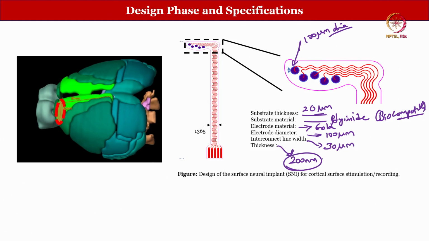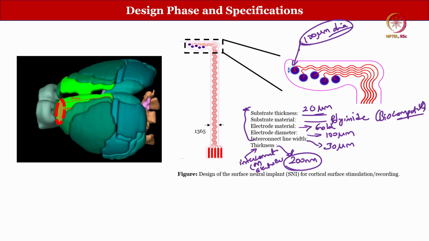I just talked about electrode diameter, I did not talk about thickness. This is the substrate thickness, very important, all these things. Are you getting it? So, once we have finalized all these things,